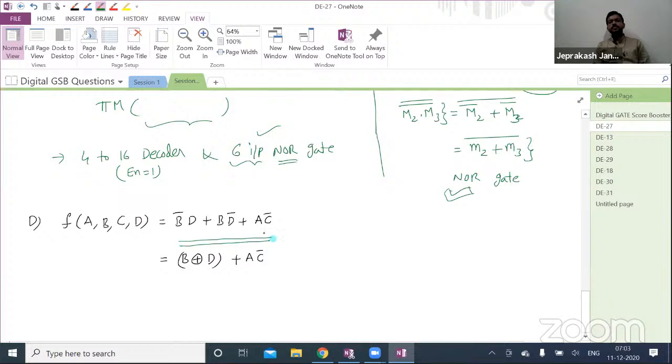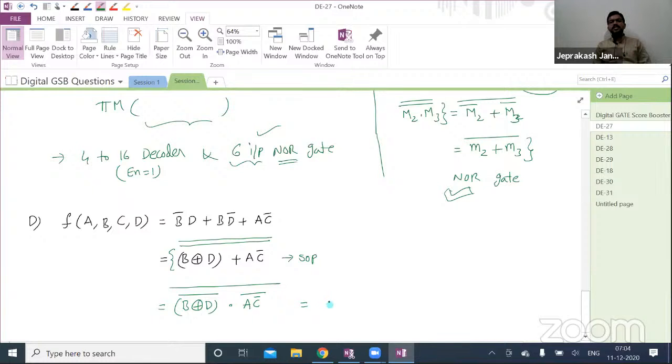We will apply 2 times complement. Yes, Priya is getting 5. Yeah. So here this particular function is SOP form. Whenever you are having SOP form, it is easy for us to implement by using NAND gates, right? So you have to apply 2 times complement. For inner complement, apply De Morgan's law. That means B XOR D complement, first term complement and second term complement, and you're having the actual complement as it is. Now, this one you can write as